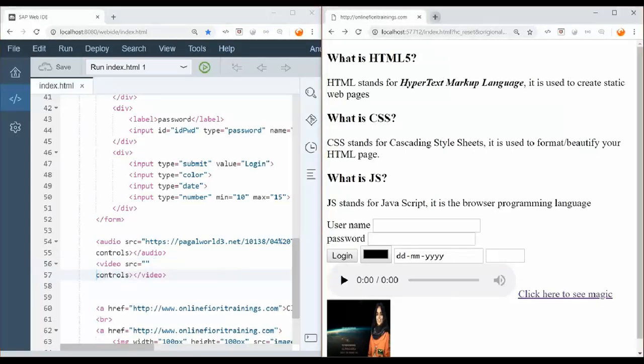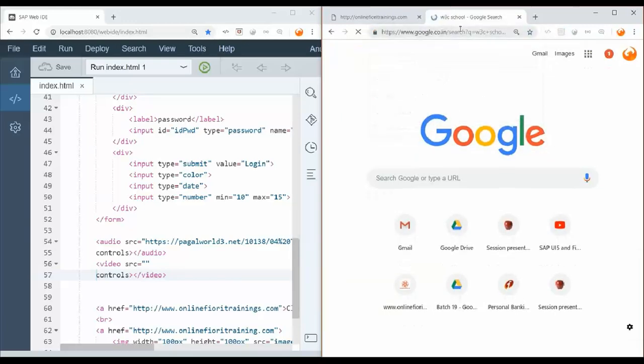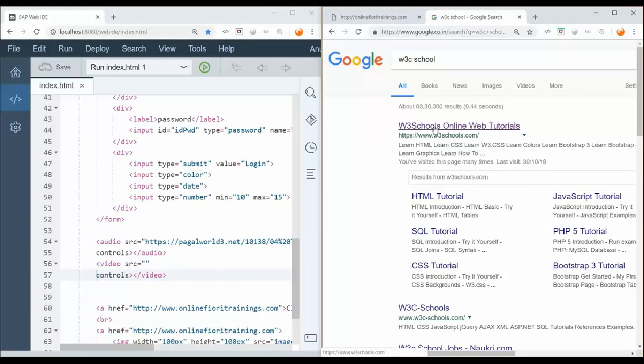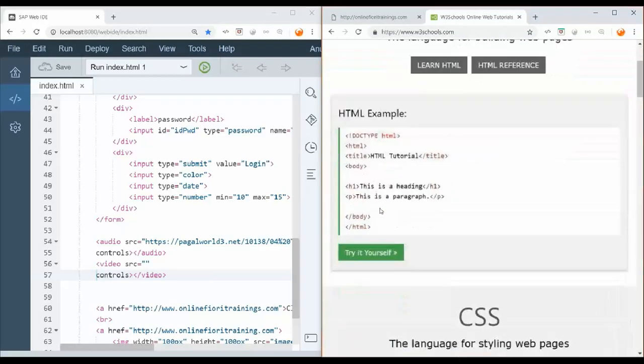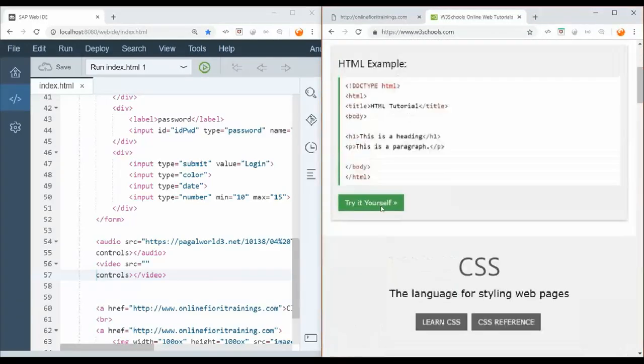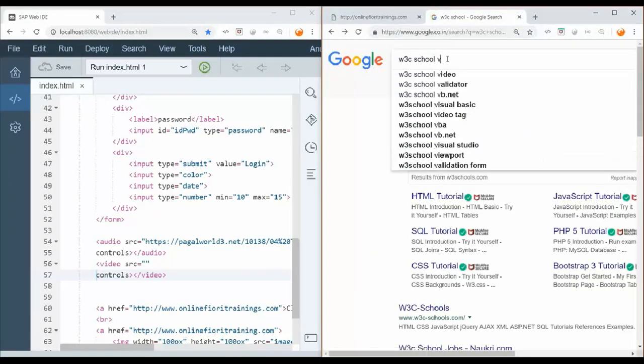So let's get some video URL from W3C. Now some people are thinking, can we play a YouTube video using this? No guys, you can't play a YouTube video with the video tag. That's not allowed. I will show you another technique for YouTube video. Okay, so let me search for video tag in W3Schools